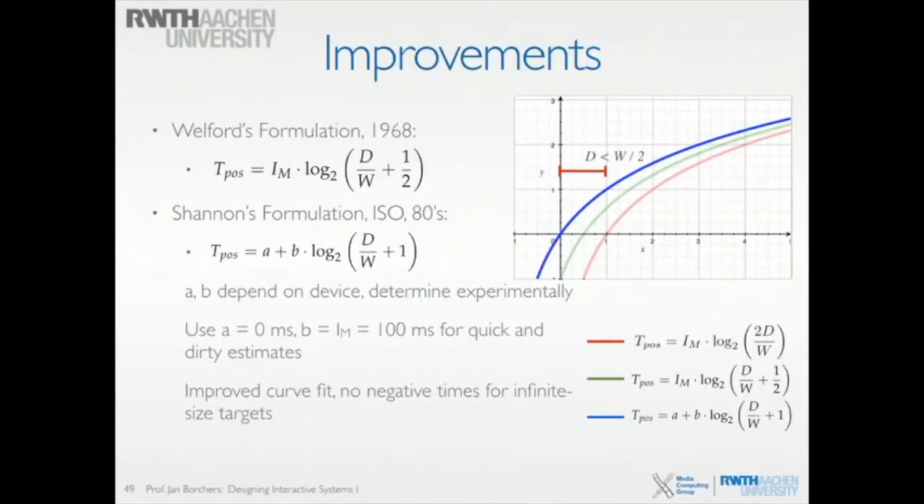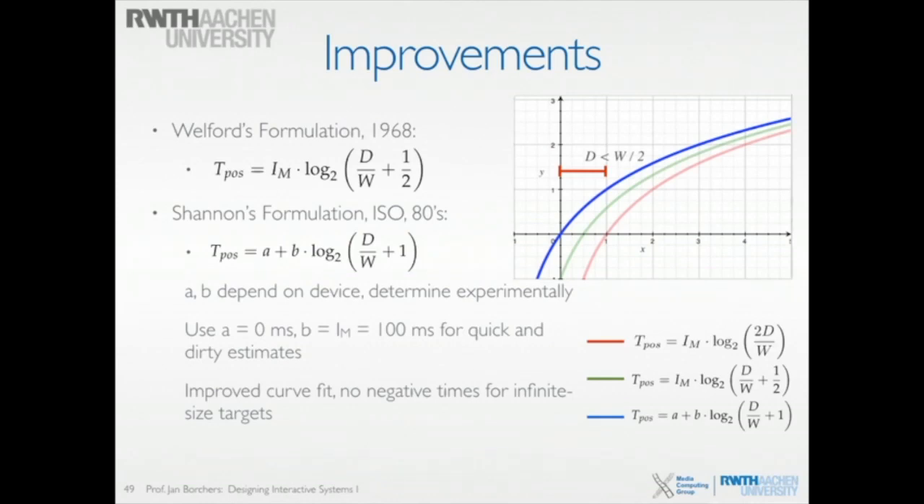So there were some improvements. The first one was by a guy named Welford, and he basically dropped the 2, so he didn't double the distance, but instead added a 1/2 upon that. Another formulation later in the 80s by Shannon was then made into the ISO norm, which is actually the standard that you can use. And there is here a +1, so it gets rid of the problem of negativity overall, and it also has 2 more factors, or more